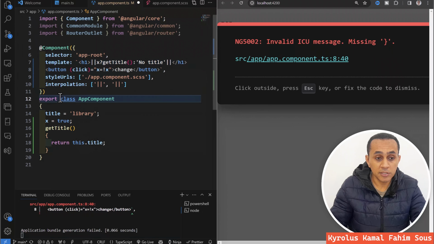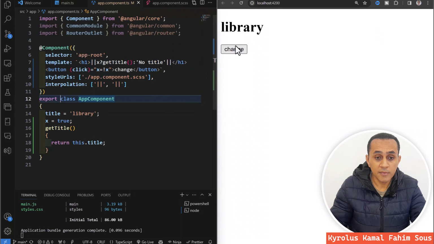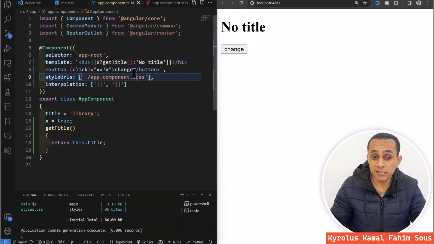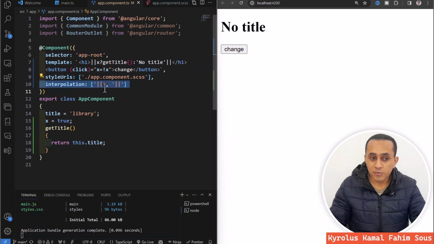Okay, but let's try using the new characters. As you can see, it works the same. But if you change the characters like this, you have to avoid using the curly braces in the whole template. I know this is not so useful, and I don't know why the Angular team put it here.